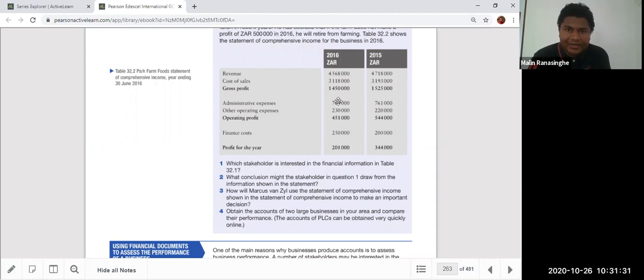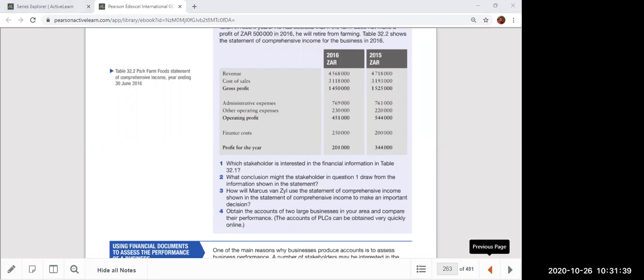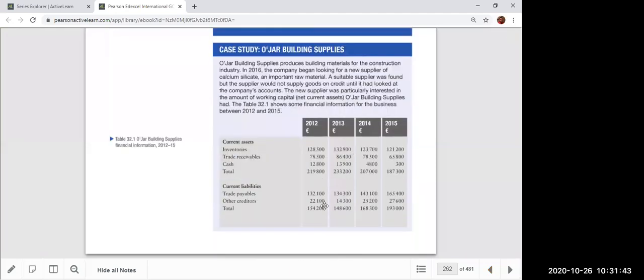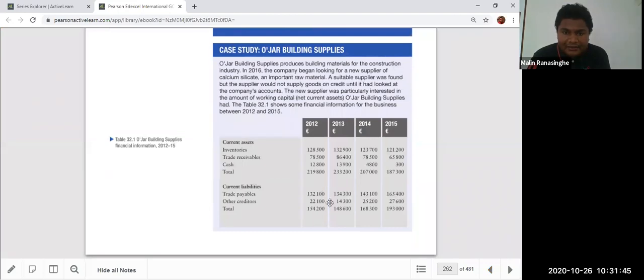Correct, Suha. In 2012, 13 and 14, the assets are more than the liabilities. Previous question, yes, true. So why won't you find it? I'm talking about 2015. The 2015 situation is bad. The recent situation is bad. Yeah, true.